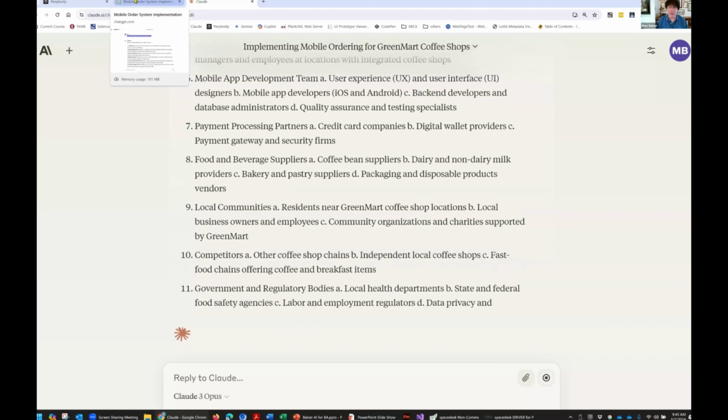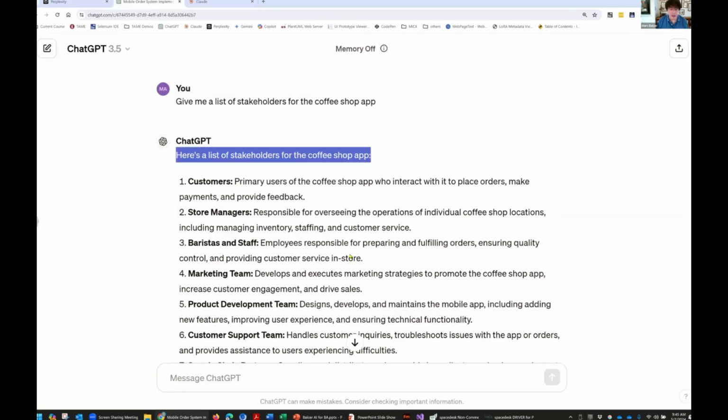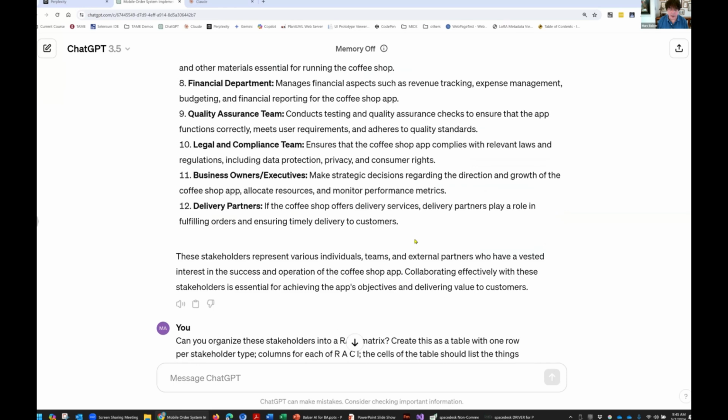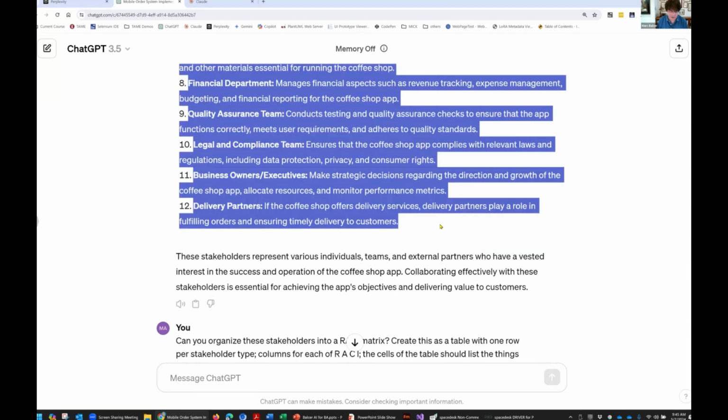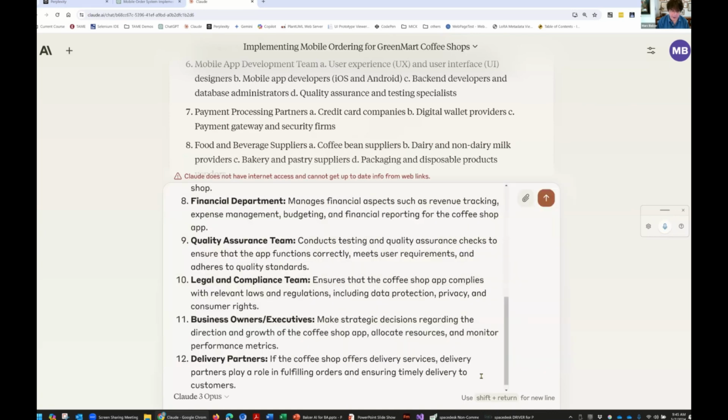Do I just simply print them both out? No. What I'm going to do is I'm going to say, here is a list from another agent. Compare and merge the two lists. I will paste that in.